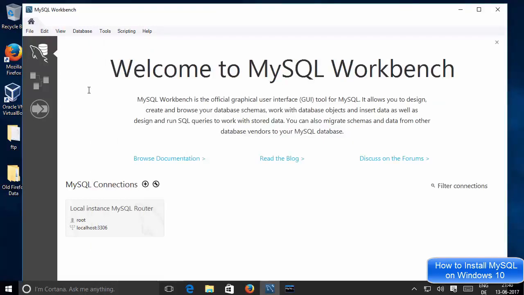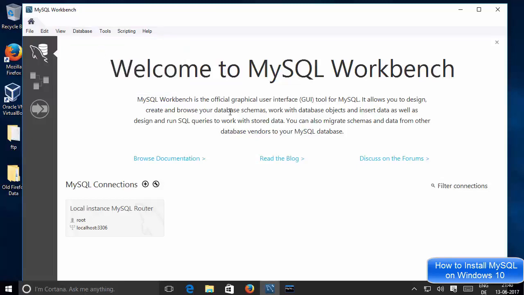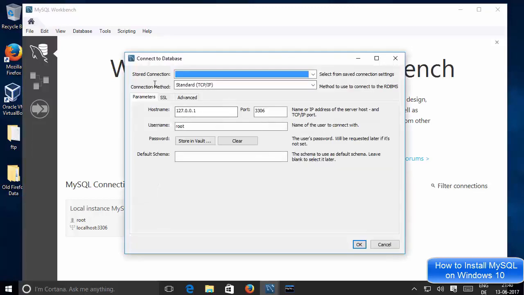Now if you want to use MySQL Workbench, it's also easy. So you can just go to this database tab. So just click this database tab and then click connect to database. And once you see this kind of option, it says stored connections.